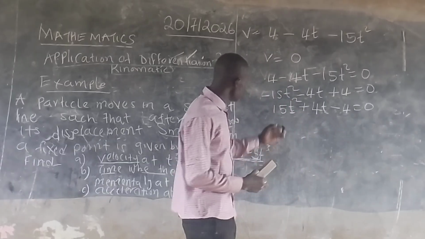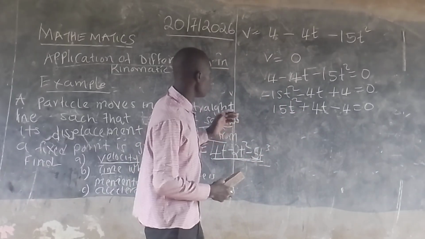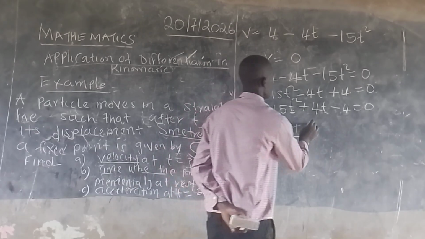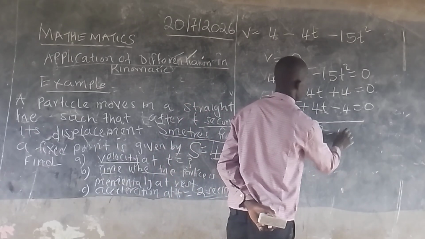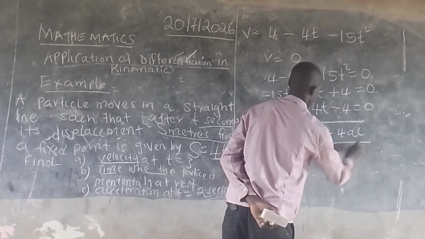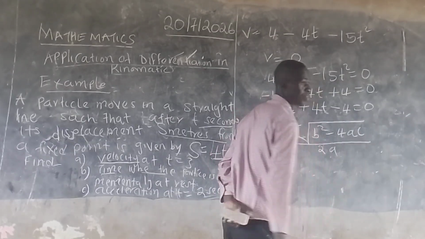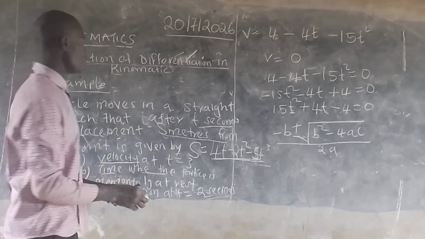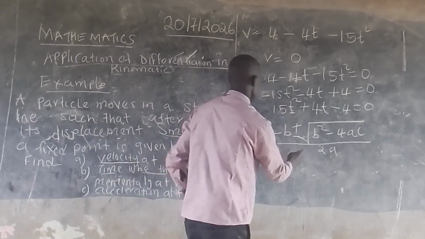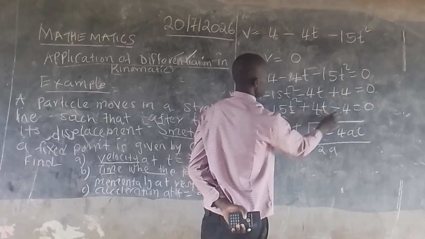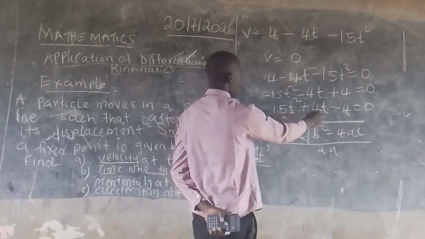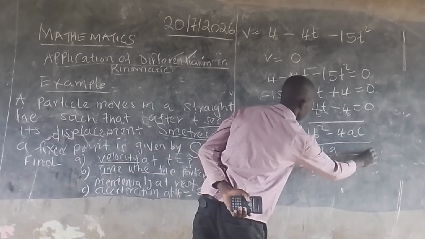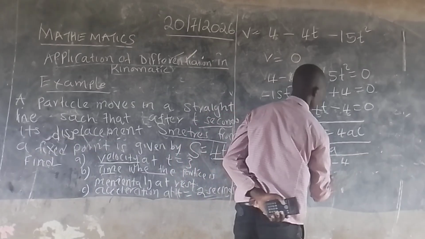Now for this case, students, we will use the quadratic formula, which states that x equals minus b plus or minus the square root of b squared minus 4ac over 2a. That is the quadratic formula we are going to use to get the value of t. So this is a, this is b, and this is c. So minus b, so we say minus 4 plus or minus 4 squared is 16, minus 4,